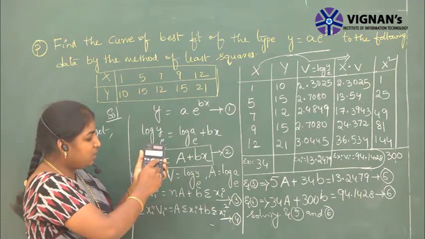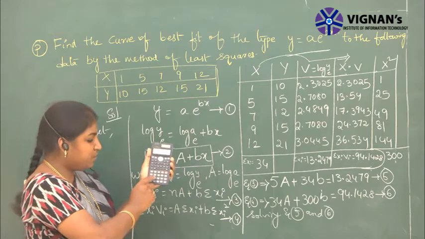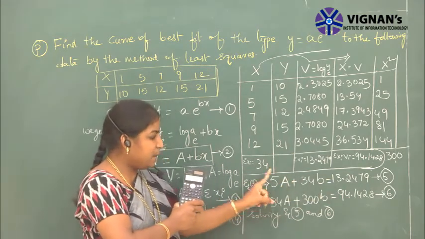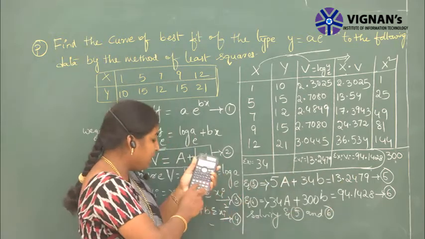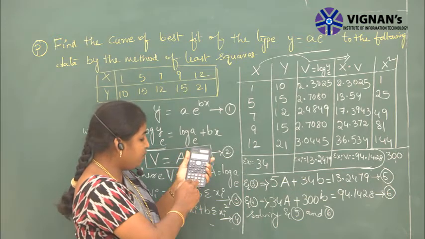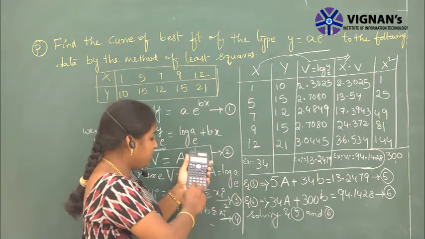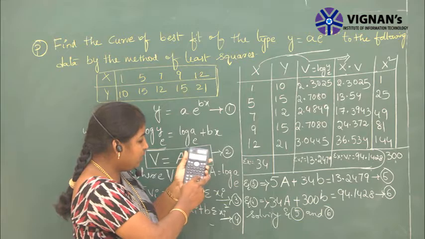So press mode 3 times and equation 1. Here we are having two unknowns. Press 2. Give the values A1, B1, C1. A1 means capital A coefficient, B1 means B coefficient, C1 means constant value. 5 equal to 34 equal to 13.2479 equal to, next A2, 34 equal to 300 equal to